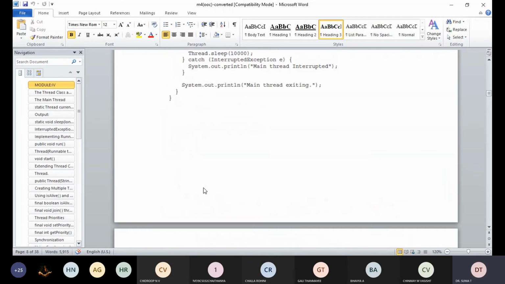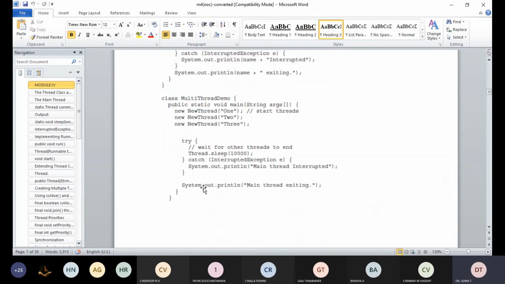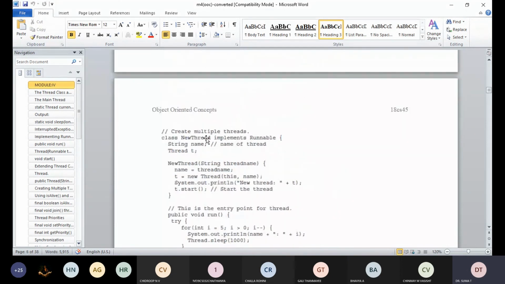Okay, so go through how to create a thread with a Runnable interface and by extending the Thread class, that is, using the superclass Thread, right? And how we are going to create multiple threads and how we are going to send the parameters, new threads, from the main program to the new thread class.